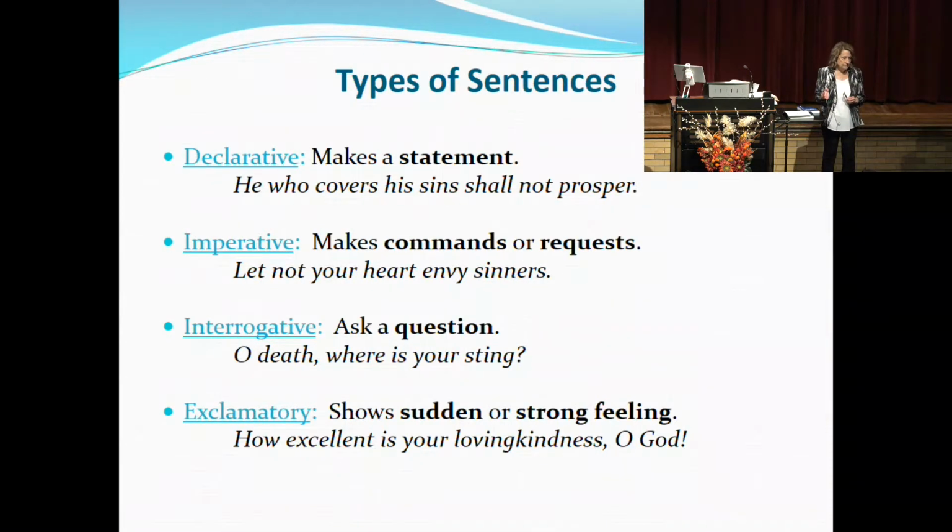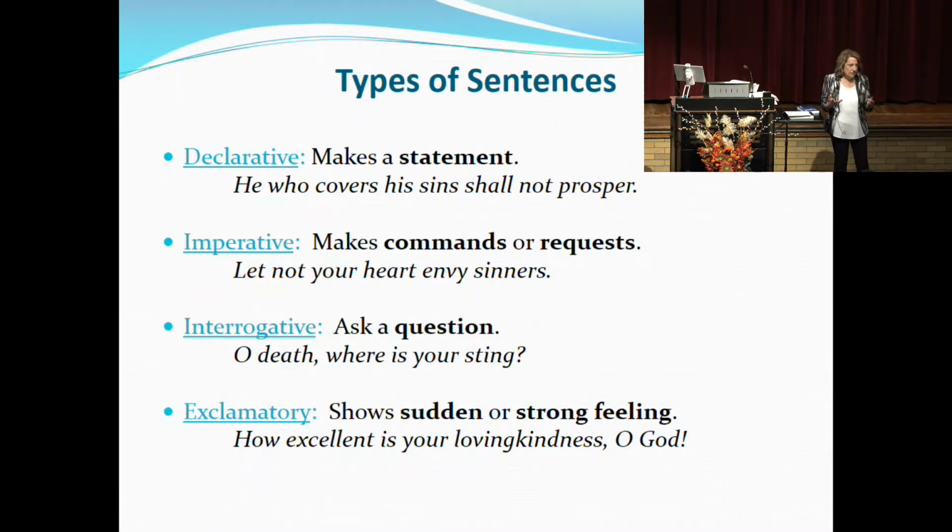Exclamation mark. Now, as writers, we're going to find out we can overdo any one of these sentences. Quite often, novice writers put too many exclamatory sentences into their writing, and you'll find exclamation marks all over the place. So we want to save those for the perfect time and the perfect opportunity. When you go through the book of Psalms in particular, you'll notice the exclamatory sentences in that book.